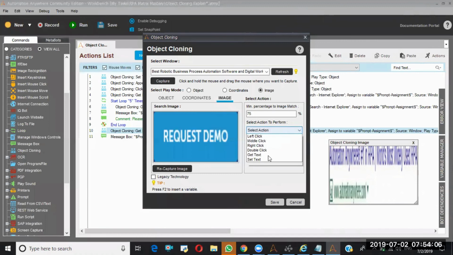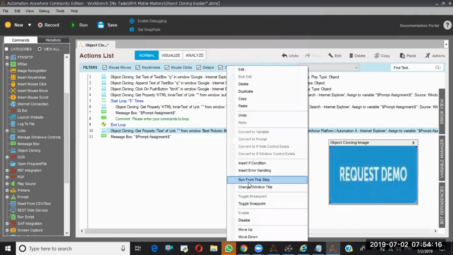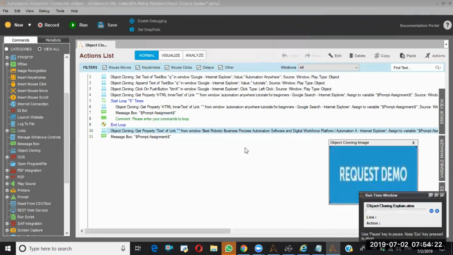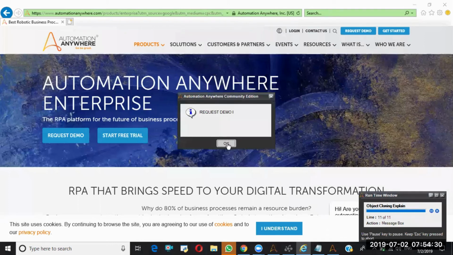So this time I want to just let me try the get text. See, it is giving the text for you.